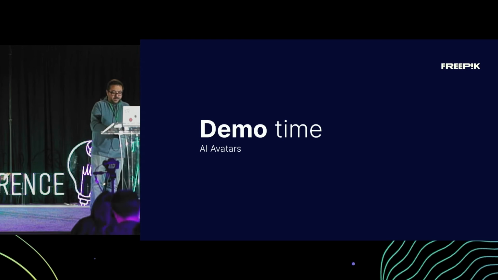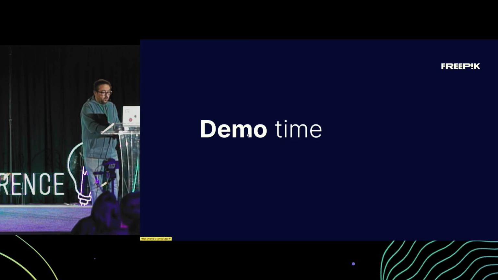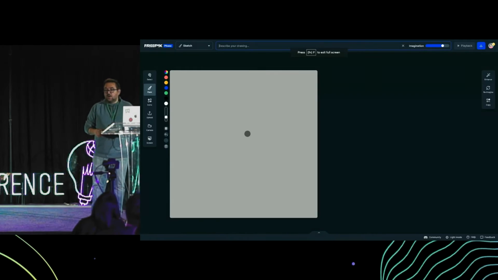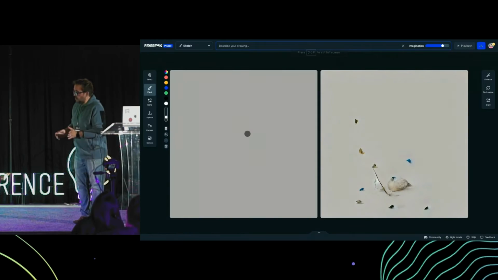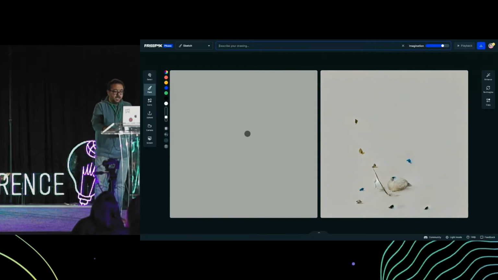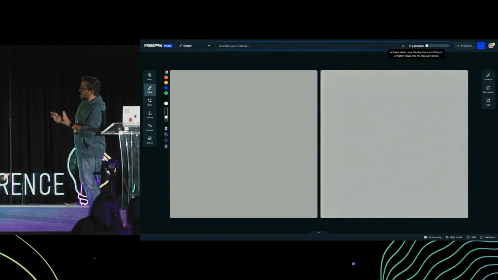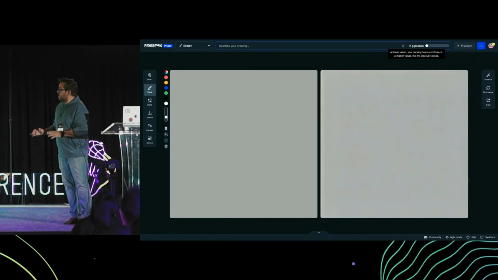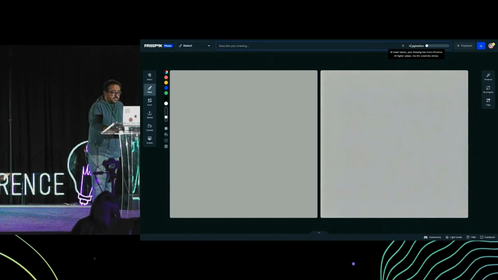Now I'm going to do the Picasso demo. Picasso, as I said, is our sketch to generate tool. I'm going to be creating something from scratch, and the AI is going to be interpreting my very basic rough sketch.